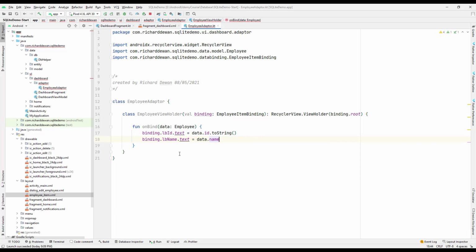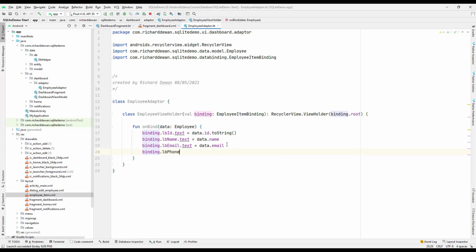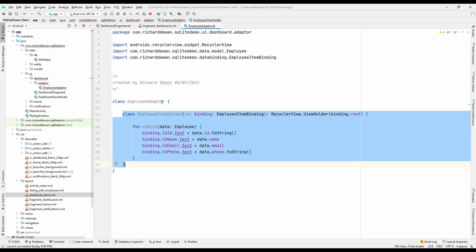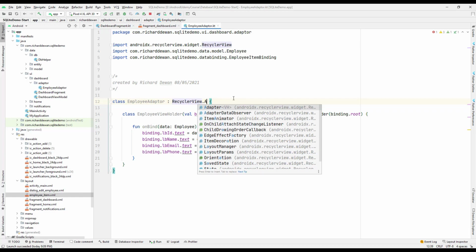And okay, so I still need another one for the lbEmail, and it should be the email. And then finally I have binding.lbPhone.text, which equals data.phone.toString. Okay, so we got that one. Now we have this nested class, and the outer class should extend the RecyclerView.Adapter, and